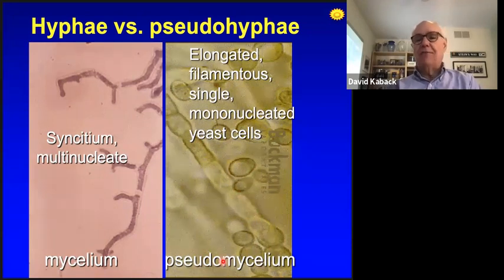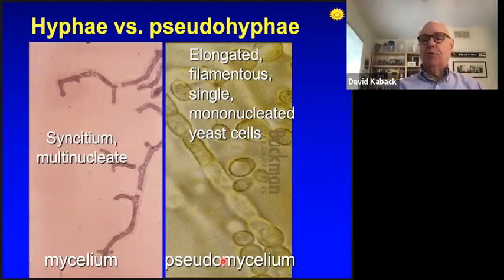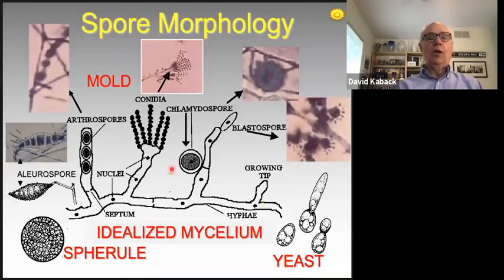Okay, now we have a whole lot of non-sexual spores capable of germinating to produce another hypha, shown on the next slide. All different kinds of fungi make all these different kinds of spore morphologies. Okay, and you just familiarize yourself. You don't have to memorize that this fungus makes arthrospores or this fungus makes chlamydospores, with one exception that I'll tell you during the lecture, or two exceptions.